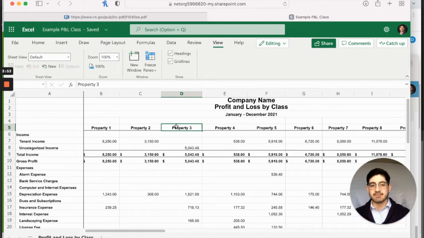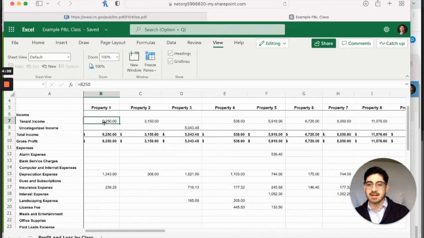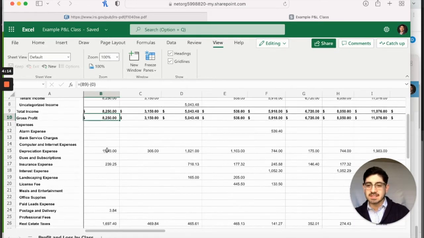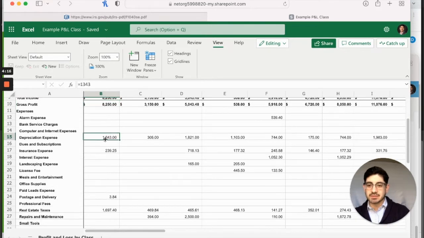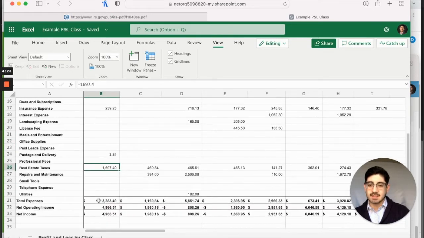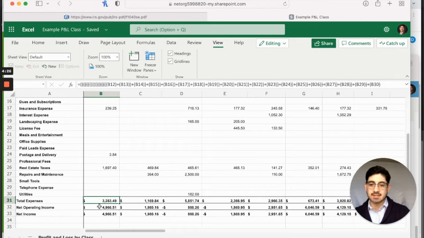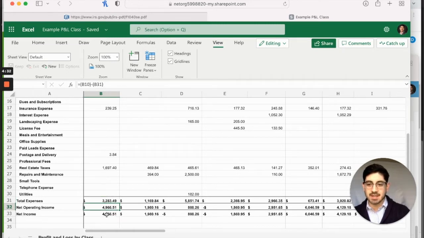So you can have different names for those, whatever you want. I like the address because, again, that's something that goes directly to the Schedule E tax form there. So you can see with property 1, you've got your tenant income, your gross profit, and then all of these expenses below it here. So you've got the depreciation expense, insurance, postage and delivery, real estate taxes, and there's your total expenses. You subtract your total expenses from your income, and that gives you your net operating income, your net